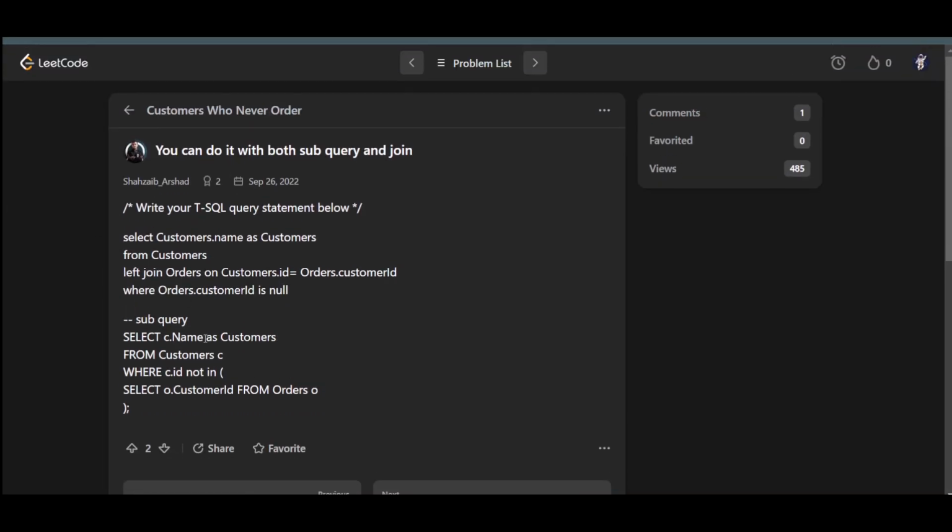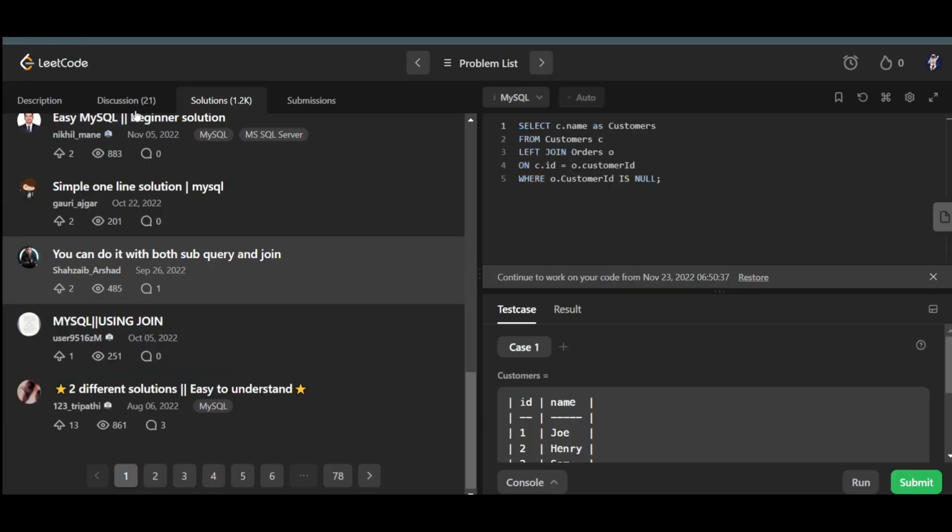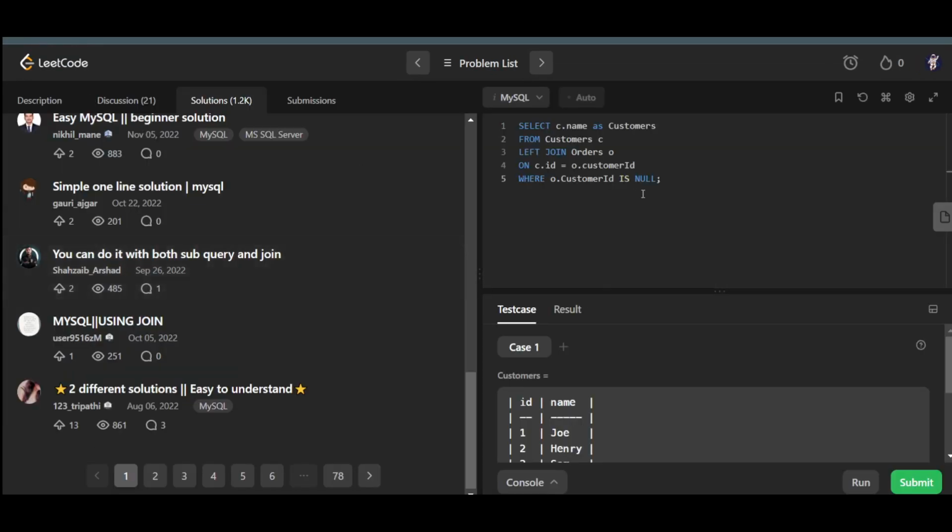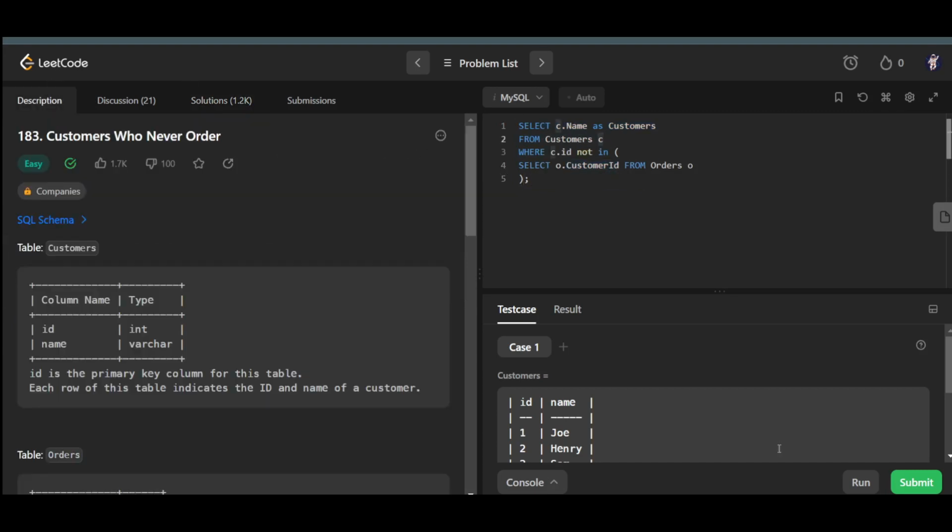So here we have a subquery over here which is quite interesting, but let us just check if it's the right answer or not. I mean, it surely is the right answer, but if it's faster and more efficient than the query that we executed. So